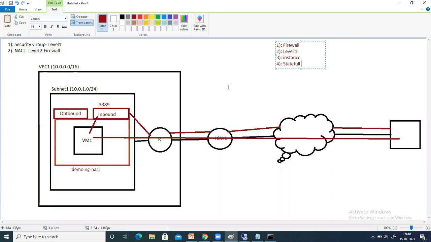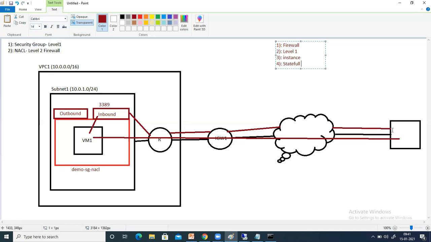Let me explain with the help of an example. Suppose you have an apartment, and in that apartment there is a security guard at the gate. If someone comes, they make an entry in the register. If somebody enters the apartment, he enters and does his work. Whenever he wants to go out, security is not checking anything. He will just be allowed to get out of the apartment. So what is happening in this case? Security is only checking in one direction. In the second direction, it is understood: let this guy go out, because the verification was done while he was entering. That is like a stateful behavior.